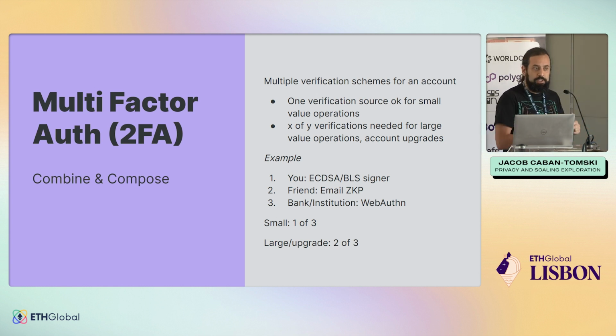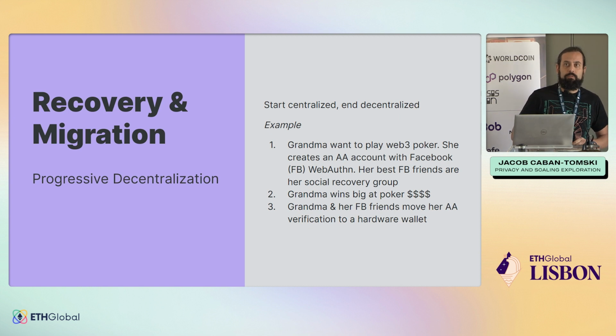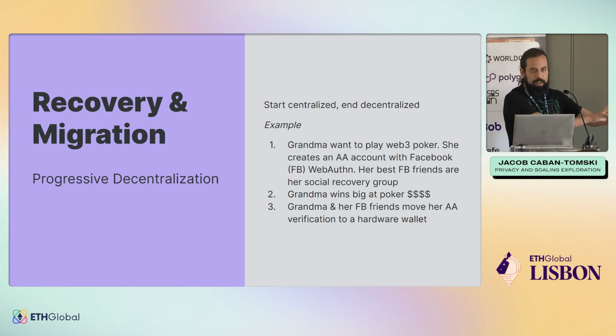But if someone wants to change the signing scheme or do a recovery, then you might need 2 of 3 of these people to do it. But we can have a bunch of different verification methods for that. Another fun one is recovery and migration, which we can have basically people move from centralized accounts to decentralized accounts